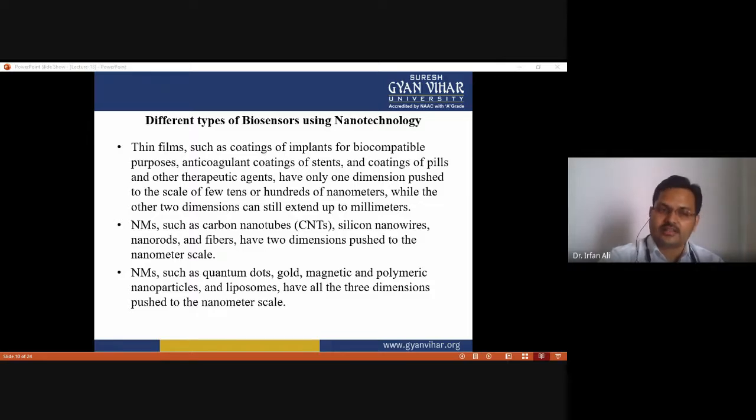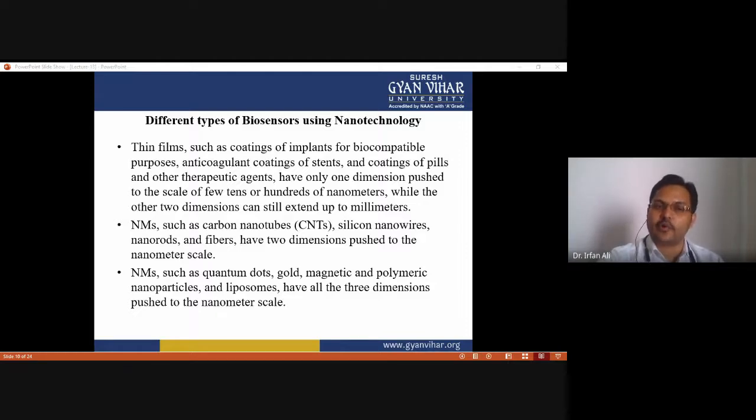And nanomaterials are being seen as the most promising candidate for the development of high throughput protein analysis. And the size and shape, composition, structure, and other physical and chemical properties of nanomaterials can be